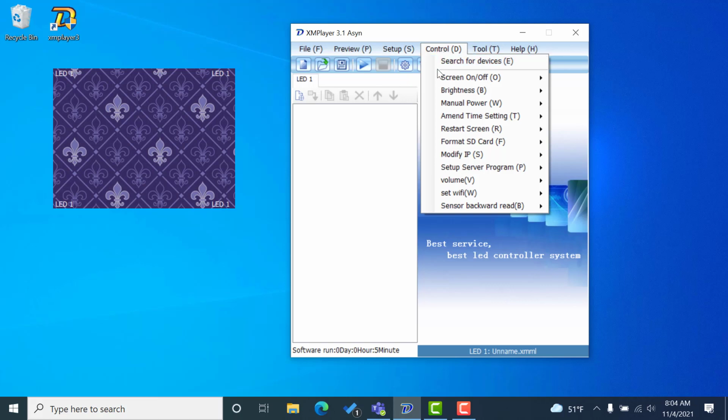Control D, to connect to your sign for the first time, the very first option here in Control, search for devices. You go ahead and hit that after you've made the network changes we've shown you in a previous video. And if you haven't seen that yet, how to configure your network, you can go ahead and click the icon in the top corner to reference that video. So search for devices. Once you hit it, and your network's configured, the software is going to automatically search for your sign and try to connect it,